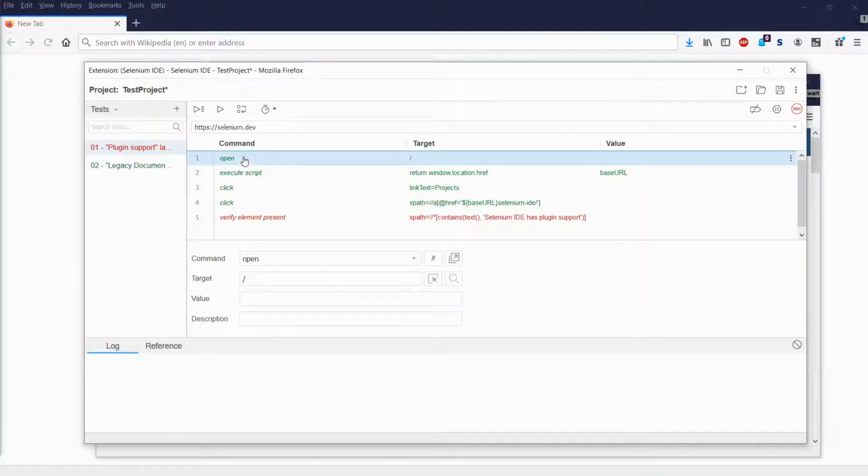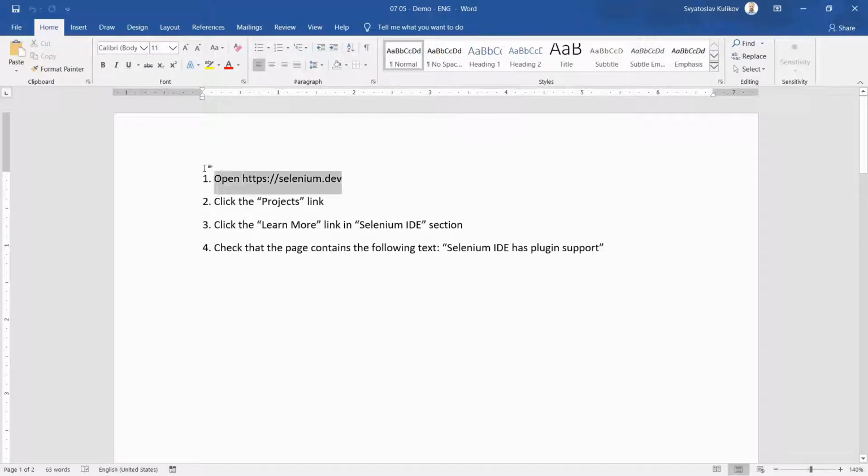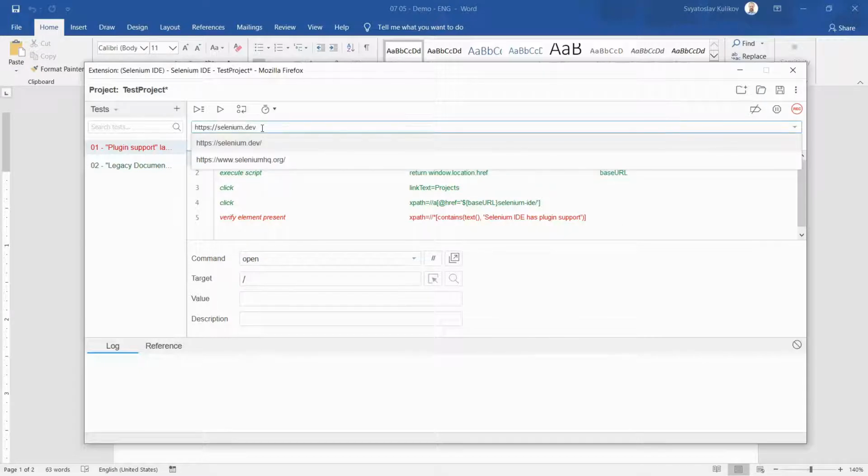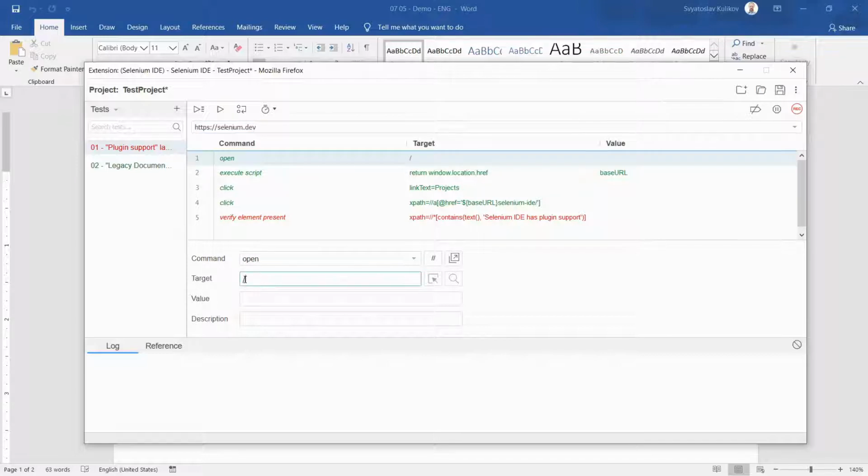So here is our first test case. In the first command we are opening the URL. Let us switch back to the source test case text. So this is the first command. We do not see that URL here because all URLs inside our test case are relative to the base URL, and the base URL is selenium.dev.